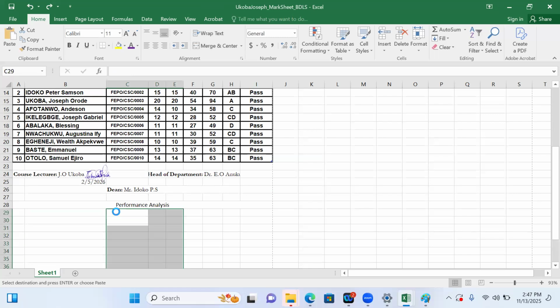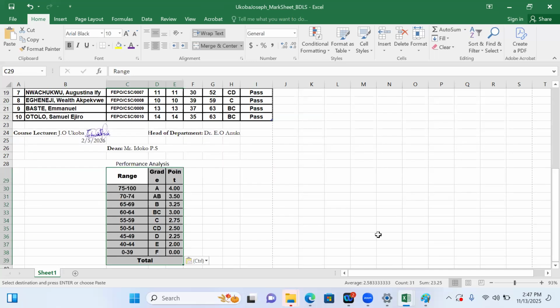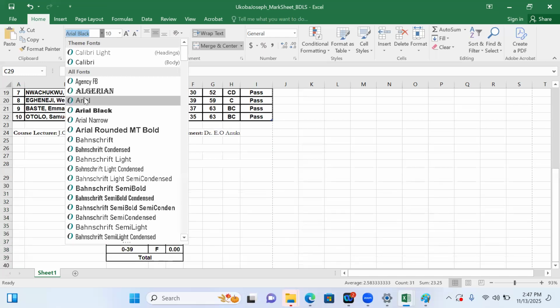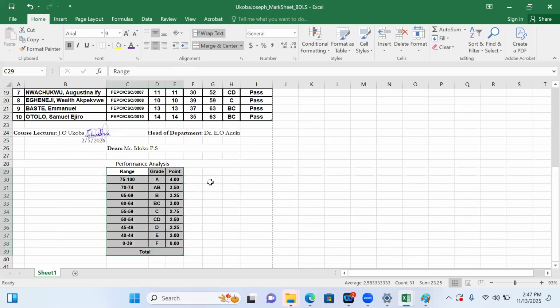Okay, good. This is the front. This is aerial. All boards. Let's reduce the font to maybe 9 or 8. It's good. So the next thing you need to look at is